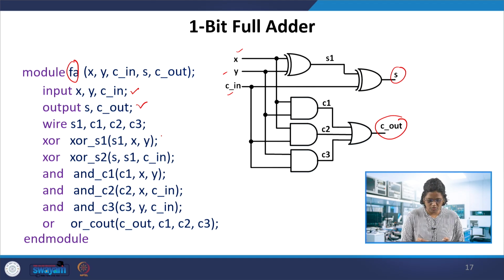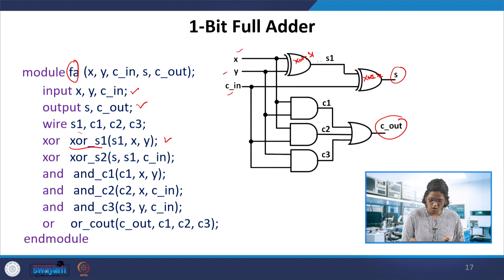And this is for the structural model, how this one bit full adder is done. So first XOR gate, it is named XOR S1, that is S1 is the output. You can name it, simplified names also can be used. XOR S1, this is the gate name, this is an optional name, and XOR S2, this is also a second XOR gate.